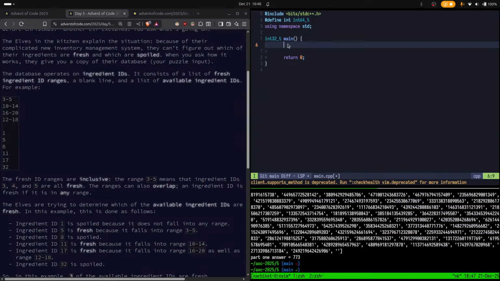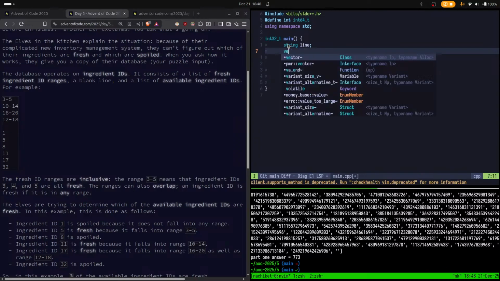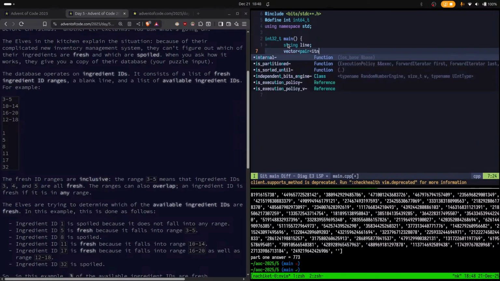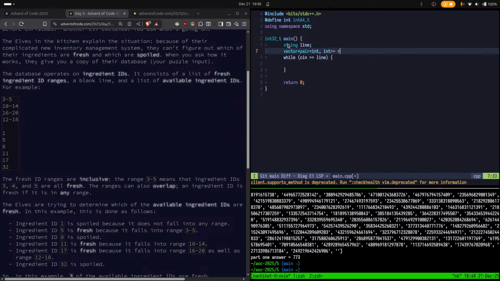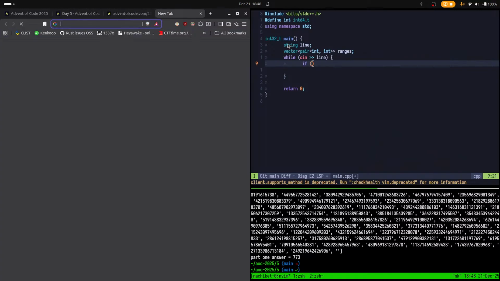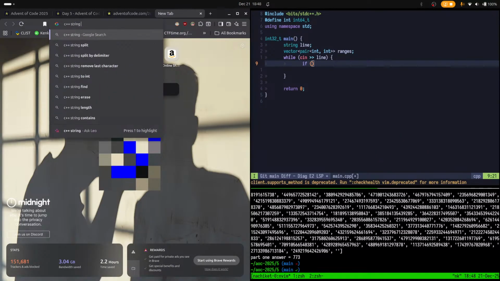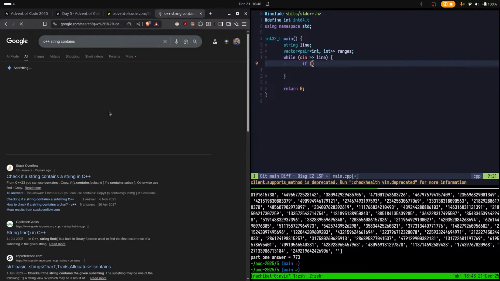So, string time, vector of int ranges. We only need to take the ranges. If C++ string contains character,